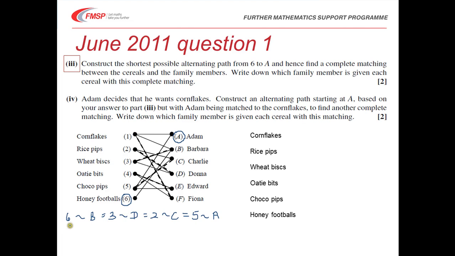And then the algorithm tells us to change these round. So if it wasn't in, it is going to be in, and if it was in, it's going to be out. So I'm just going to change each of those. And now we'll see if we've got a complete matching. So that means that Barbara is going to have these honey footballs,